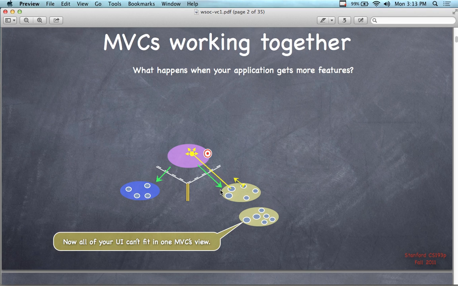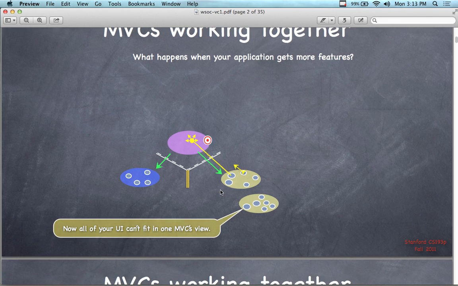What happens when your application gets more features to it? Well, if you design your application for growth, which means you design it so that you can,